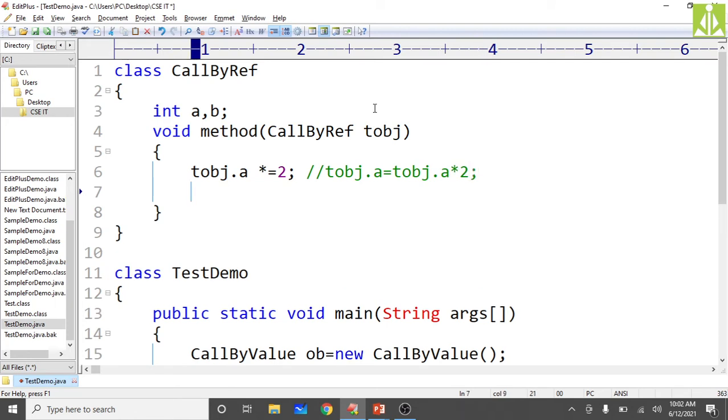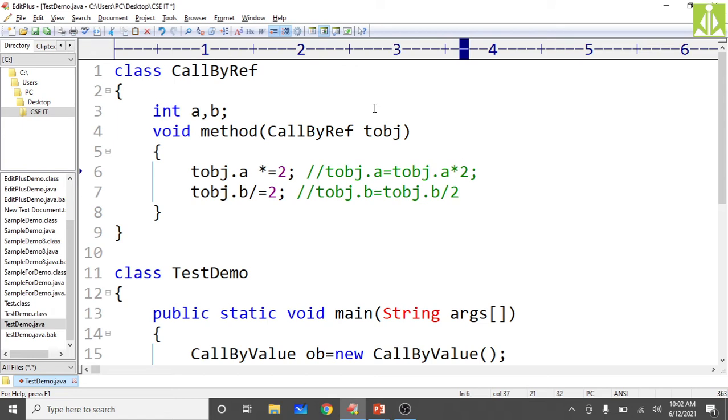The next thing, TOBJ dot B divide equals 2. Again, this means TOBJ dot B equals TOBJ dot B divided by 2.